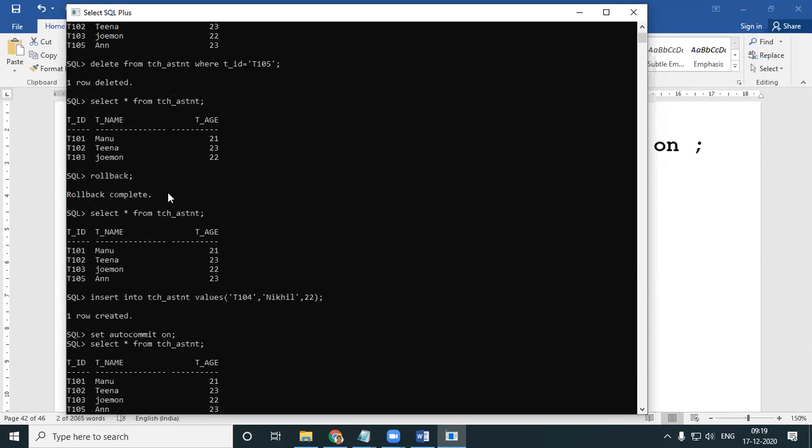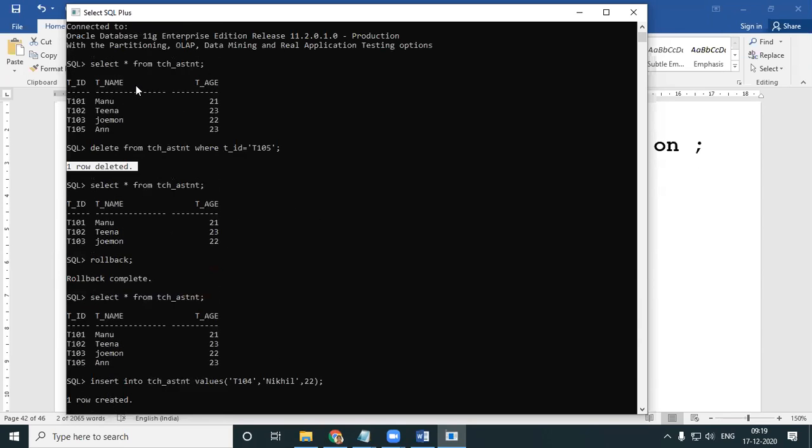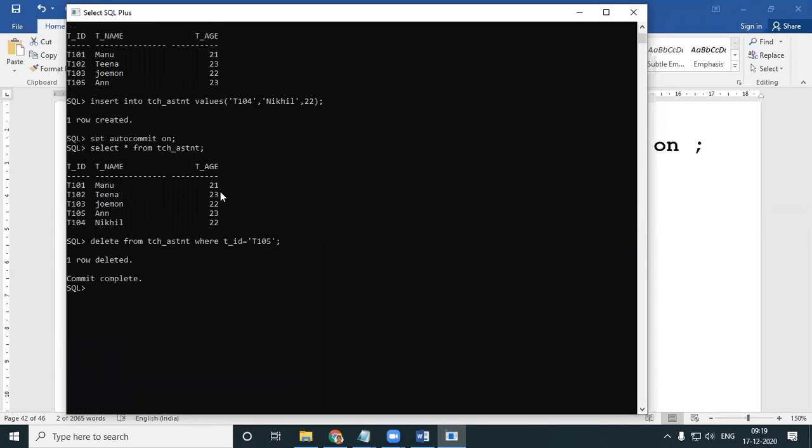Earlier, I just had one row deleted, but because set auto commit was off, a commit did not happen. I just got a message, one row deleted. But look here, I gave auto commit on, which means together with my one row deleted, they even committed it. It really actually happened.